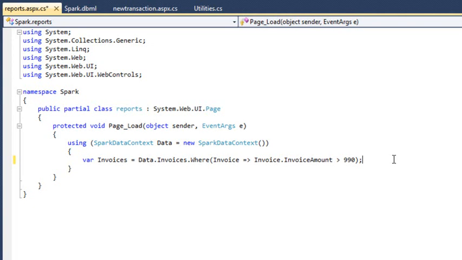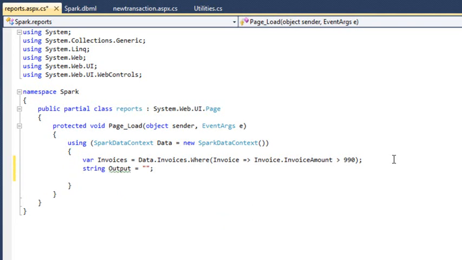Next, we're going to output the list of invoices to the page. Because invoices is a collection, you'll need to use a foreach loop to iterate through the collection in order to display its contents. You learned about foreach in Lesson 8.3. First, add a string variable to contain the HTML that will be output. string output = "";